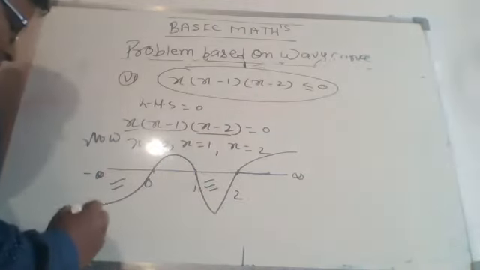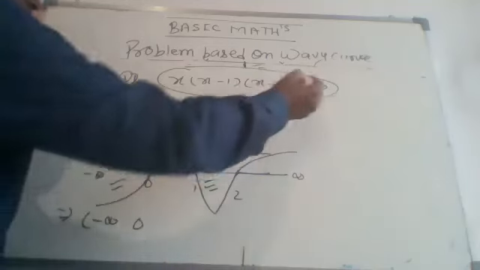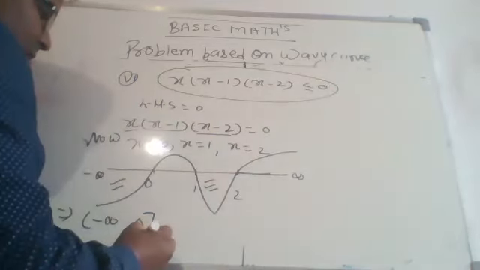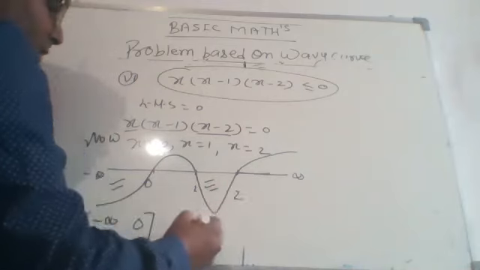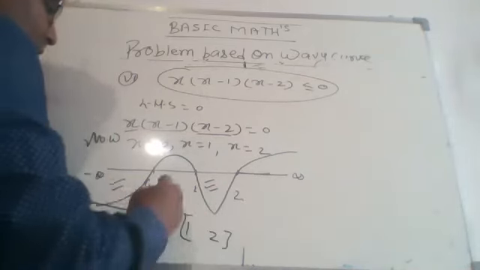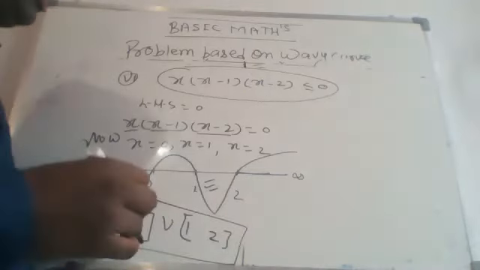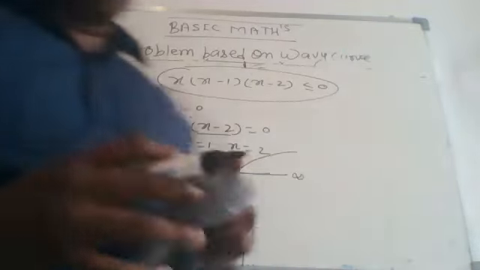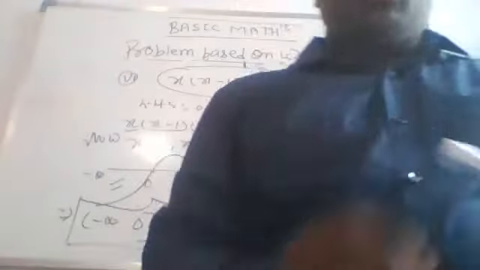So we get the solution from minus infinity to 0. The inequality has equality with it, so that's why it's a square bracket. And this solution is from 1 to 2. We have to apply square bracket and use union. It means u between both. So by this way we get the solution of such type of inequalities. Okay everyone, thank you so much.